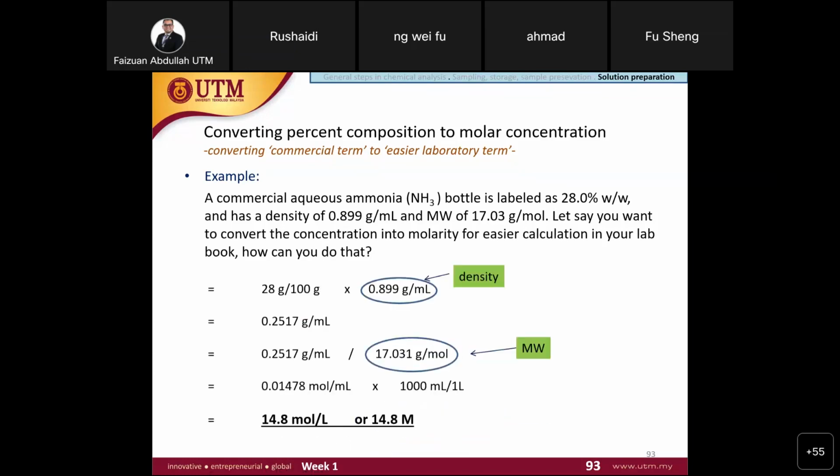How to do it? The first one, because it says 28% weight by weight, so 28 gram per 100 gram times the density, and we times density, so you got the